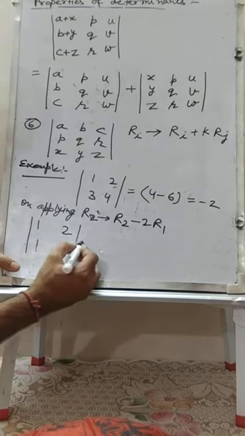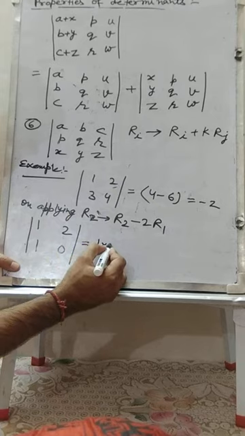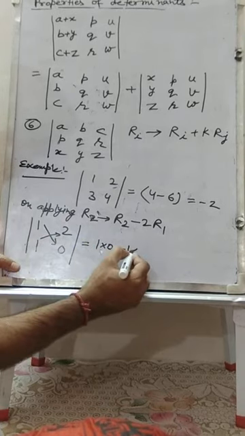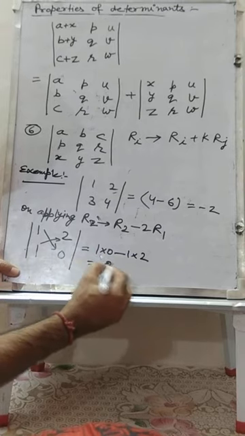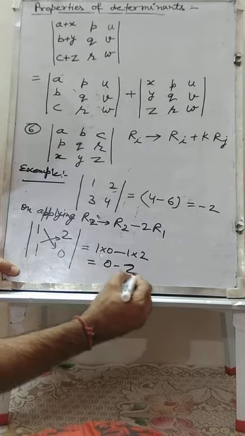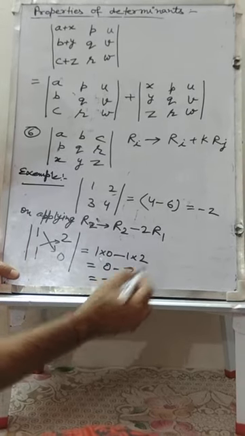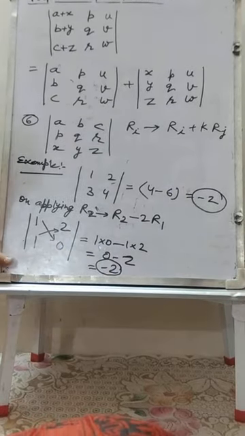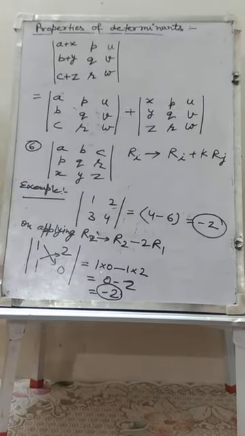Find its value. 1 into 0 minus 1 into 2. So this will be 0 minus 2. So the value is minus 2. So both the values are same. So what does this property say? This property says that